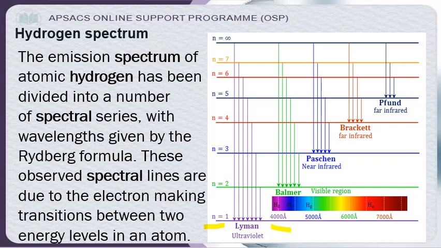Next higher is the Paschen series, which is observed in the infrared region. Divide this infrared region into three parts: near infrared, and then middle, and then we have the far infrared region. So here in the Paschen series, you can see every time the electron has to fall back from the higher energy level to the lower energy level, that is number 3. हर दफ़ा उसे थर्ड शेल में ही वापस आना है।